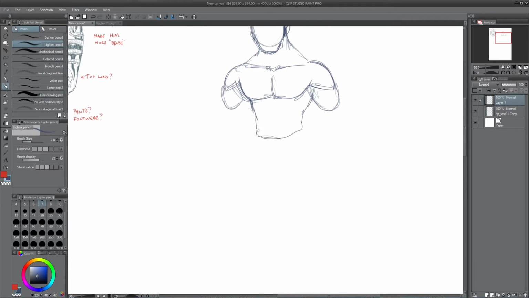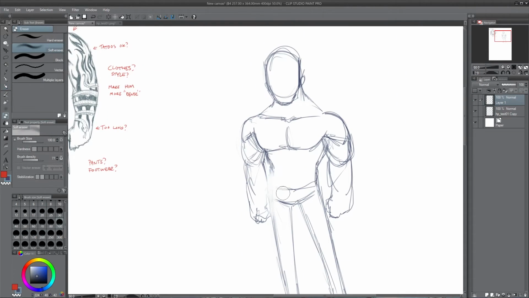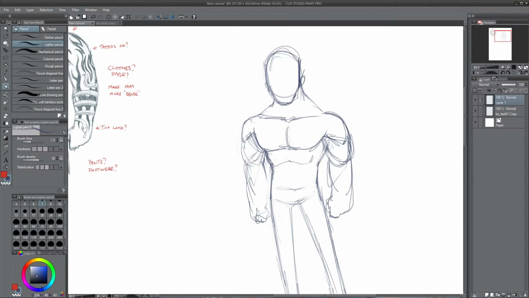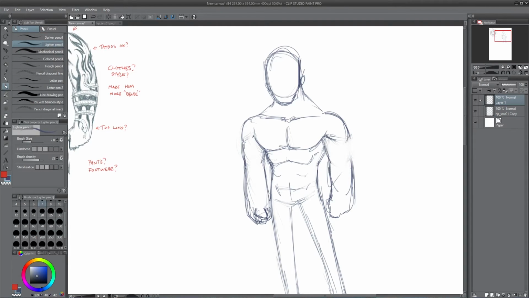I'm trying some ideas. I'm testing them and I'm sketching. So that's where I am right now. Just from doing a character sketch, you can get ideas. I need to work on it. I need to refine the character to see what exactly it is that I want to do.